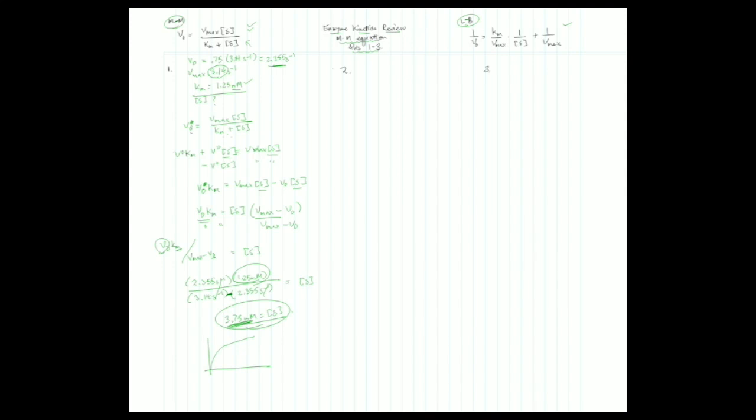It's important to try and make sure that your numbers make sense even after you've calculated them. It's just a good way to double check that your answer seems reasonable. The Vmax was 3.14 seconds to the minus 1. And we started,